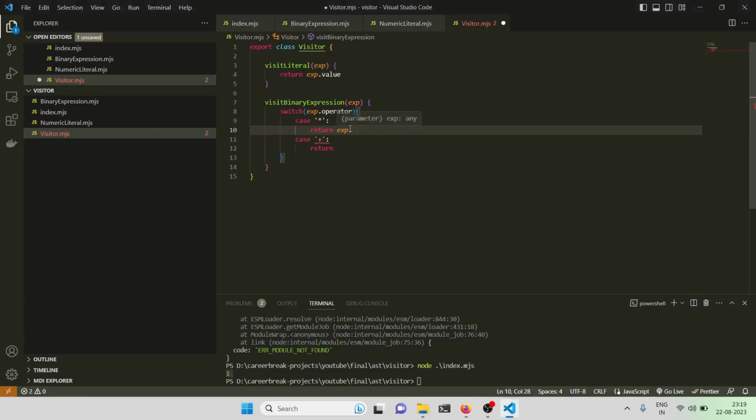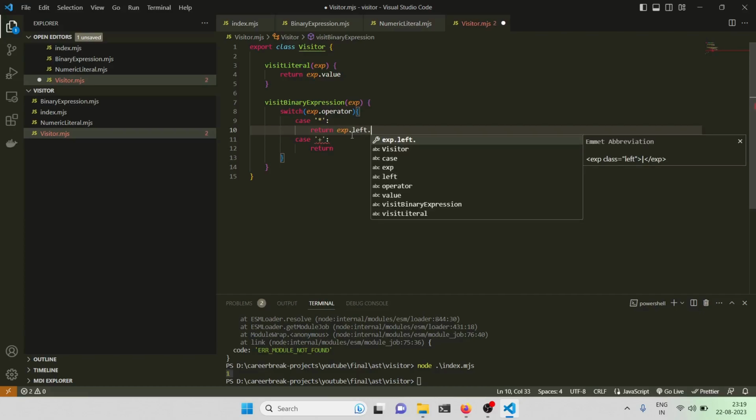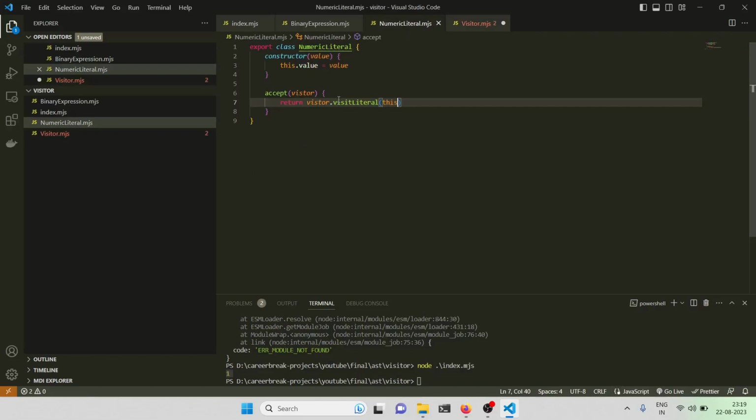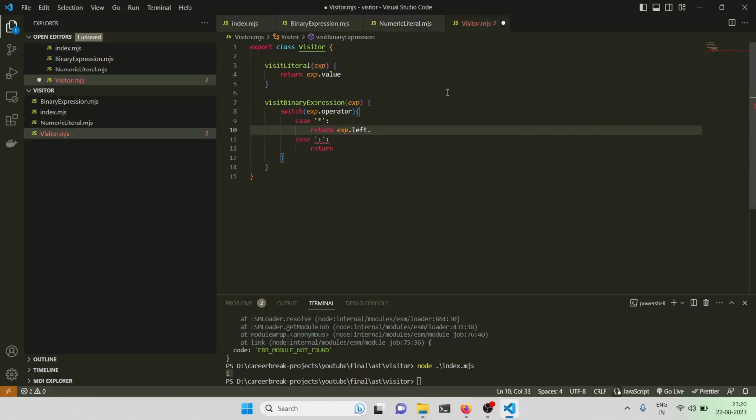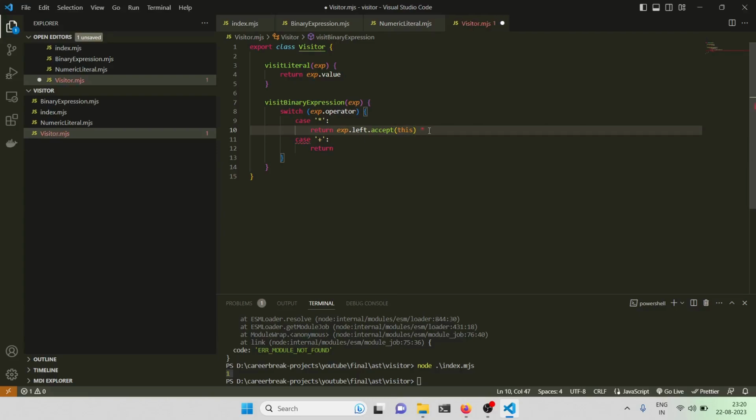Okay, so we have expression here, then we can access the left part. Since the left part will be numeric literal here, we can call the, not visit literal, we need to just call the accept here. That's it, it becomes very powerful here, and we just need to pass the this, since it requires the this, basically it needs to visit a class basically. Okay, and multiplied by,